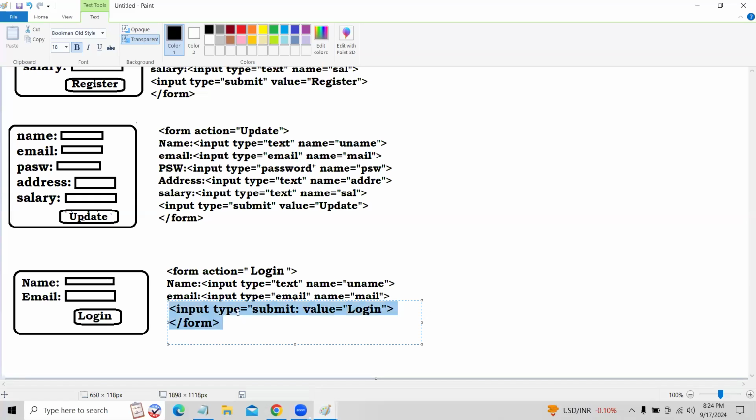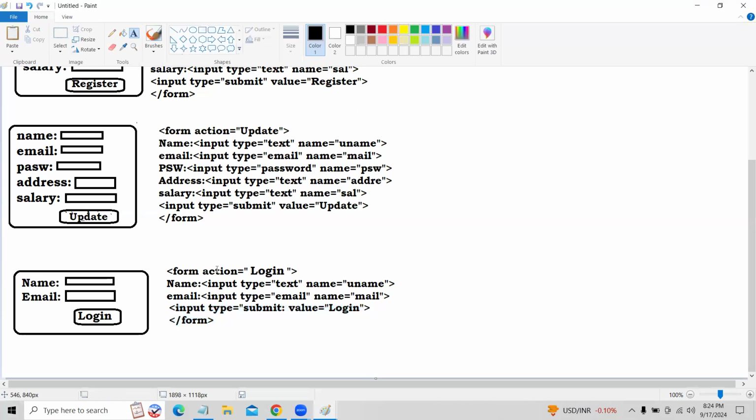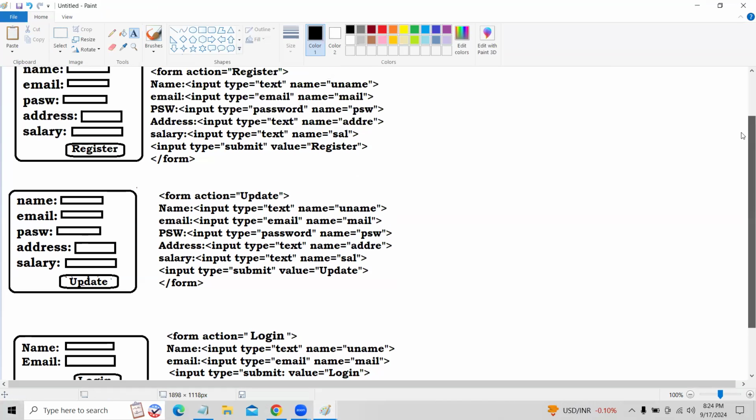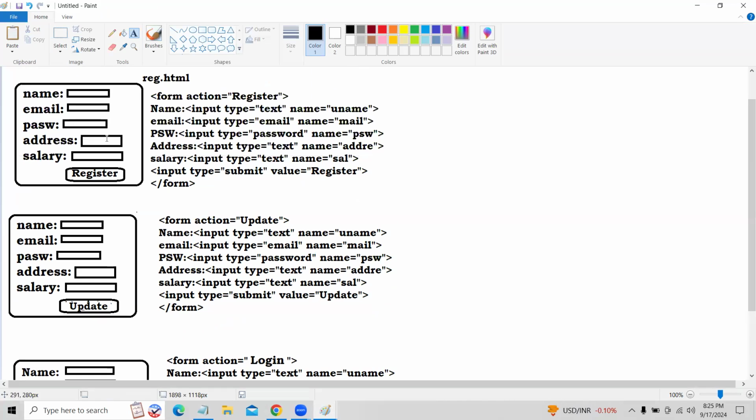Okay, this one I have given, sir. This is our registration code. From these three files, observe one thing. Even if you want to design the registration page,